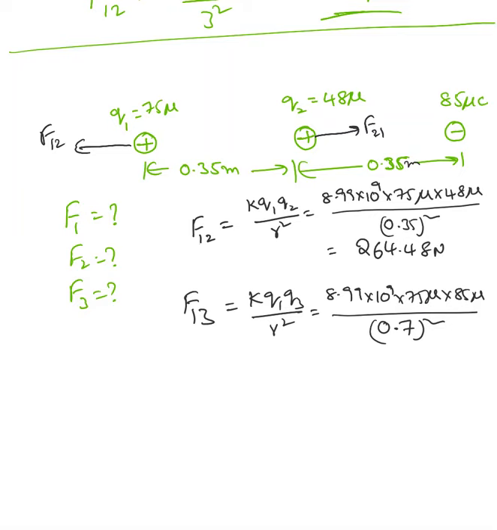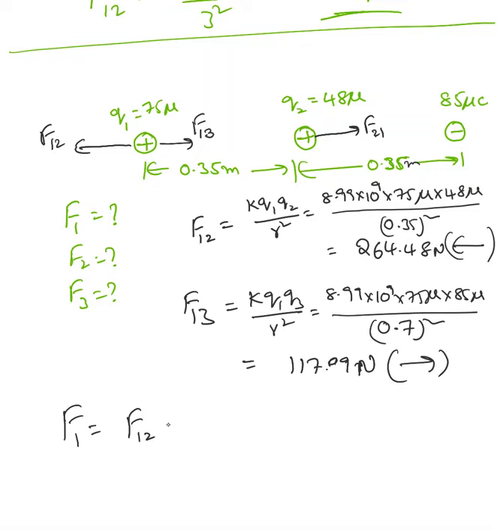Okay, now here this value I have is 117.09 Newton. Okay, now these two charges are opposite charges, so definitely it's going to be an attractive force. So that's force on 1 because of charge 3. Now, indicate the direction. Okay, so what is the force on charge 1? F1 equal to